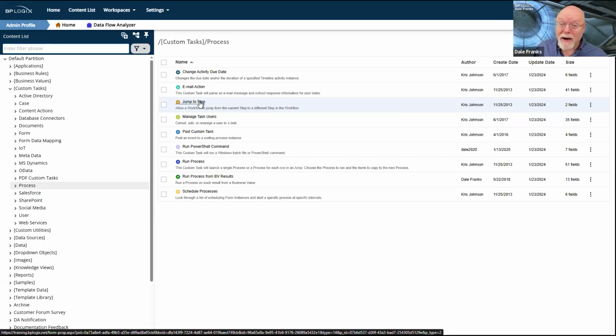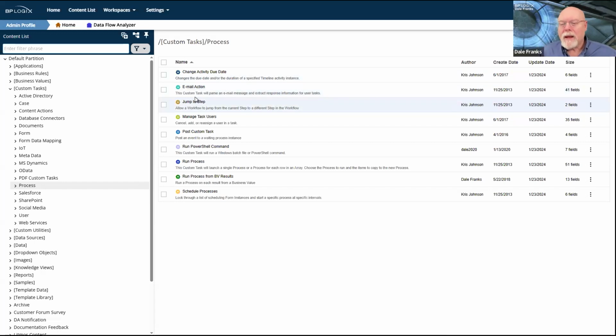It's still in the product, but basically none of you should be using it right now because workflow was superseded so long ago. In fact, if you look at our documentation on workflow, I've got the big purple box that says, don't get into this. Go back to process timeline. Here be dragons. So there are a couple of custom tasks like jump to step that are just not useful to you in the modern Process Director world. Certainly not since version 3, because you shouldn't really be using workflows anymore.